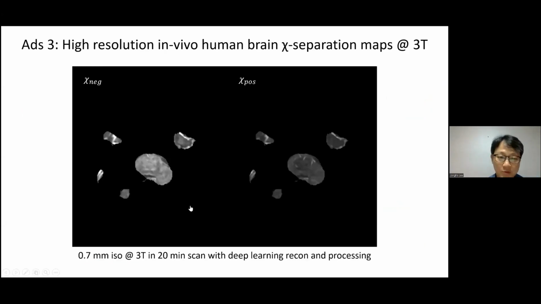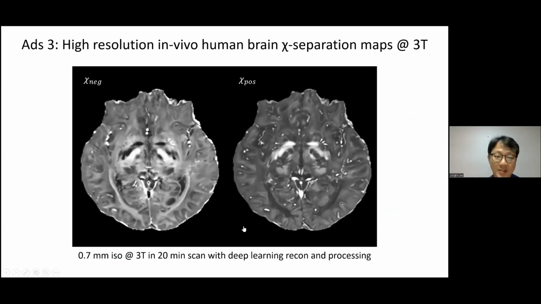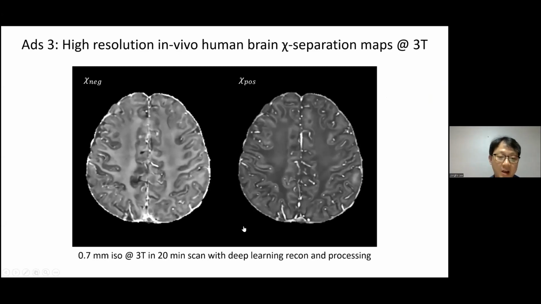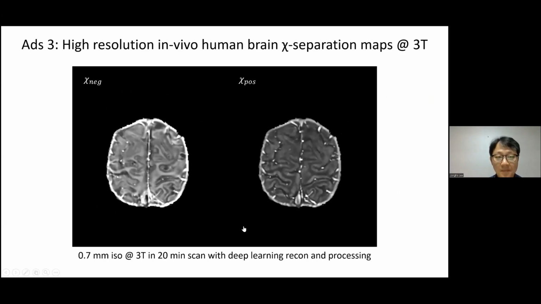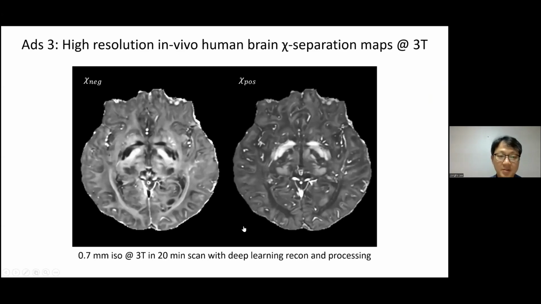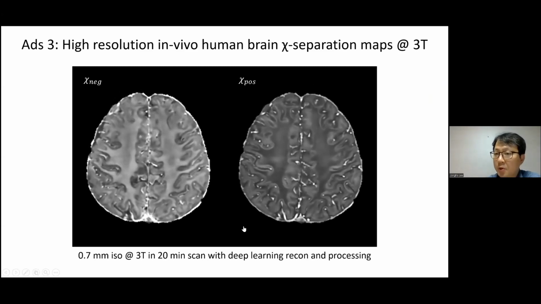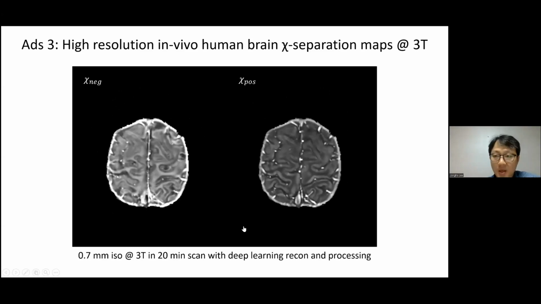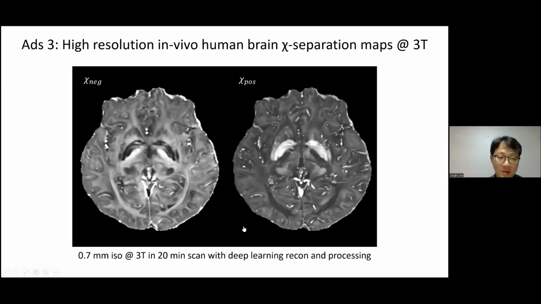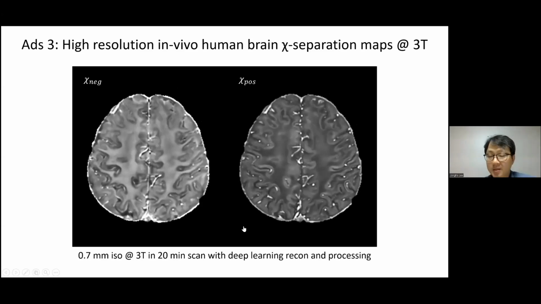The one that I will talk about today is mainly this Chi separation technology, and that's the main topic of my presentation. This new technology allows us to generate high contrast, highly reliable maps of negative susceptibility and positive susceptibility. The negative susceptibility map largely corresponds to the myelin concentration in the brain, whereas the positive one corresponds to the iron concentration in the brain. So I believe this can be a very powerful tool for the exploration of brain pathology as well as the degeneration